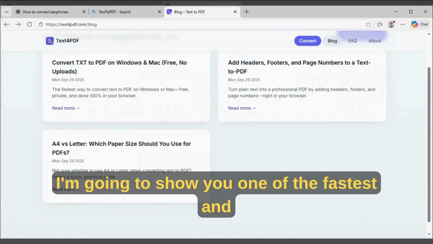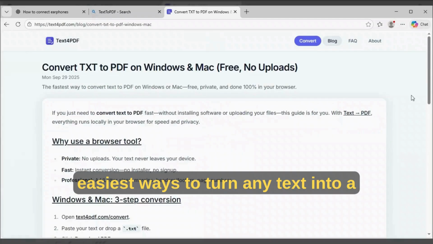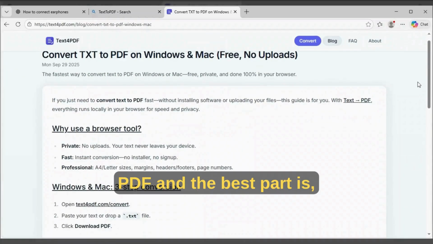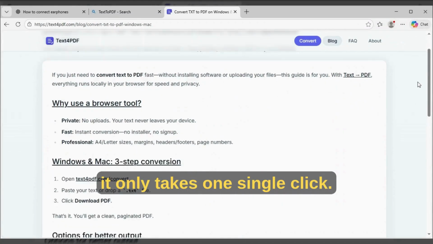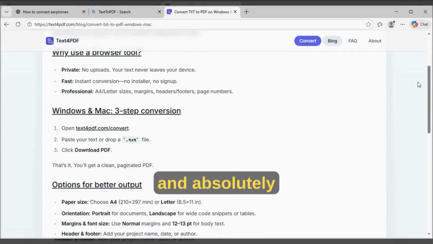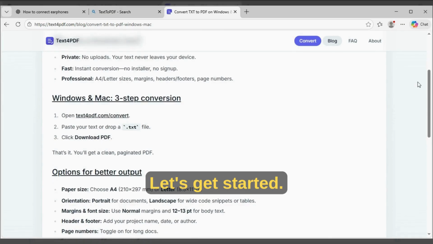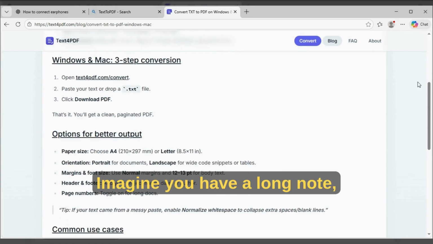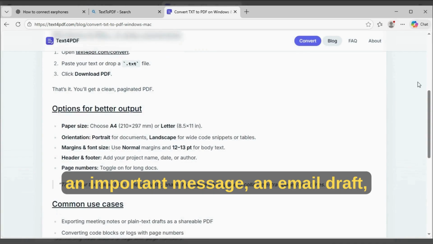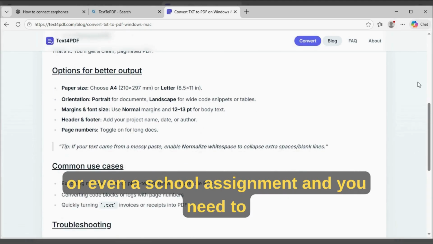Today, I'm going to show you one of the fastest and easiest ways to turn any text into a PDF, and the best part is, it only takes one single click. No apps, no complicated setup, and absolutely no software installation required. Let's get started. Imagine you have a long note, an important message, an email draft, or even a school assignment,